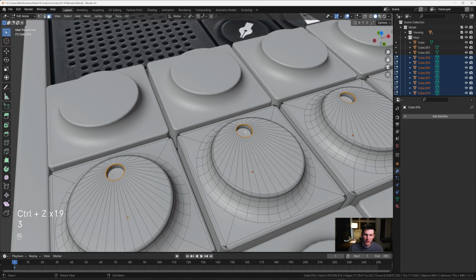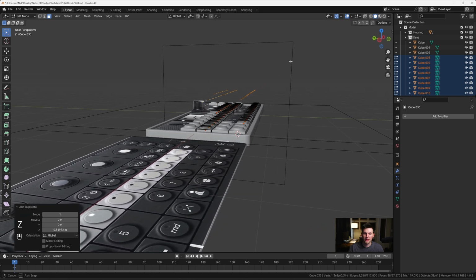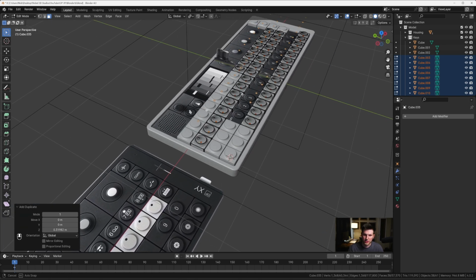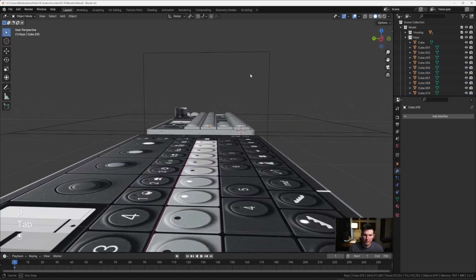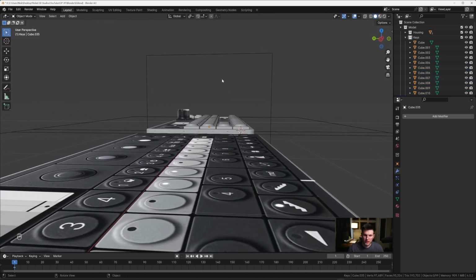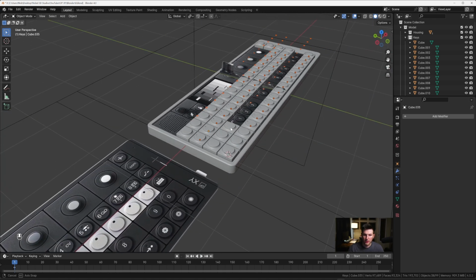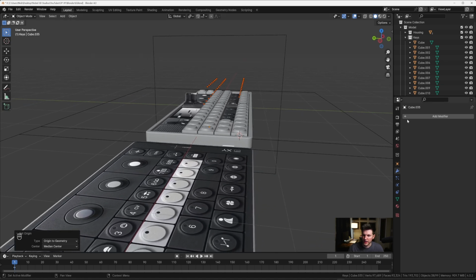Okay. Do 3, select that, Shift G by area. And then let's do Shift D and the Z. Just bring them up here where I can actually see them. And then let's make sure that's all we have selected. Do P by selection. Tab out of edit mode, and then those are super hard to see, but if you grab them all just like that, I'm gonna right click, set origin to geometry, and then for these let's just add